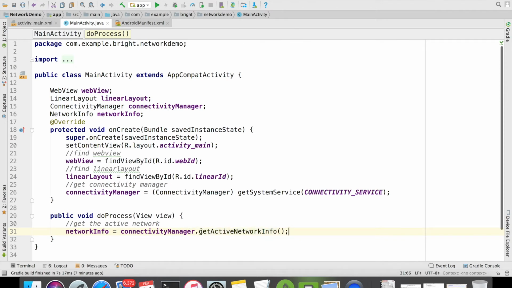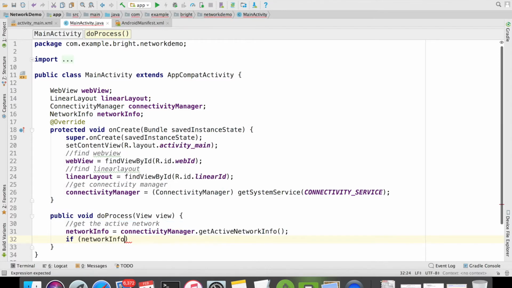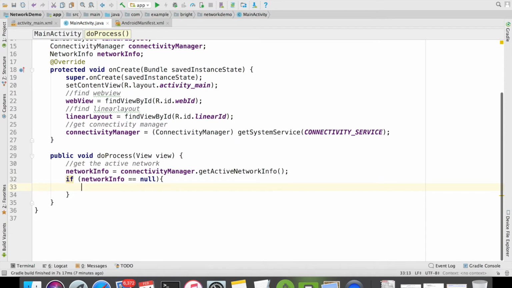Now, if neither Wi-Fi nor data is on, then the network information returns null. So we can check it. If network information is equal to null, we can say that display that no net. Else,